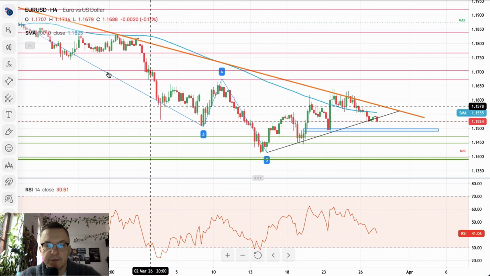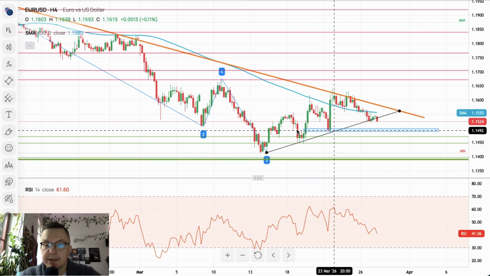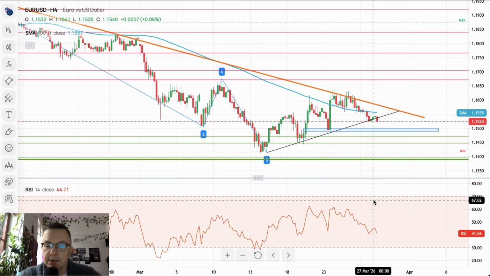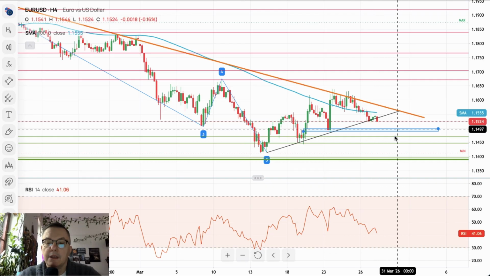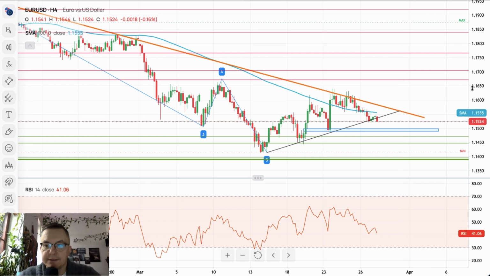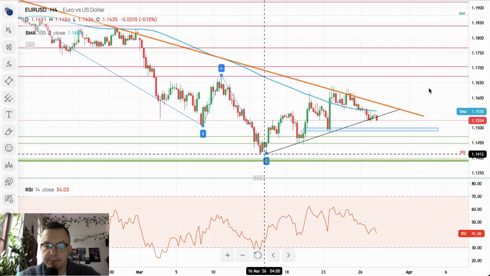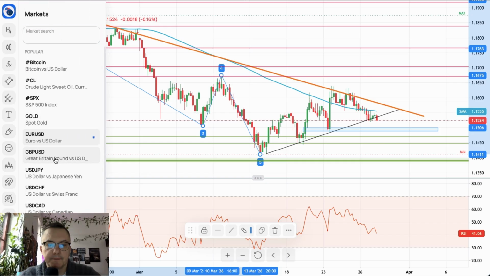Please notice we have completed 5 waves to the upside, 5 waves to the downside, and this corrective cycle looks like it is starting to be quite exhausted, especially as the RSI is getting towards the level of 40, now 41 points only. So any breakout lower would push the RSI towards extremely oversold conditions, and of course there's plenty of room to the downside as well, which is in line with our main scenario saying that the euro dollar is in the downswing, and might be continuing this downswing anytime soon.